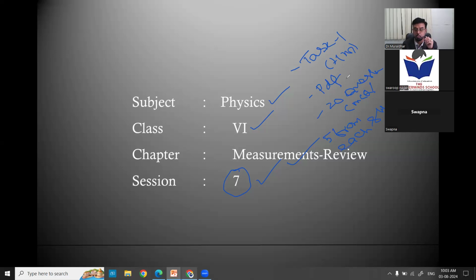Teachers will send it to your class group, so that you have to write all the 20 questions in your notebook, with answers. All multiple choice questions, write in the notebook and write the answers available in the materials, all from the material only, and show it to the teachers on Monday. Got it or not? Every Saturday we'll provide you the homework, or the task. You can call it a weekend task. Simple thing is, you have to note down the questions and write the answers there.